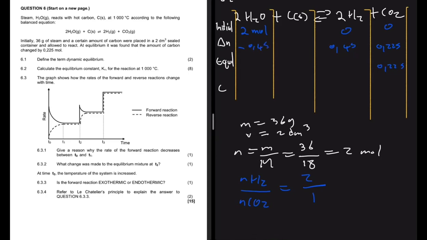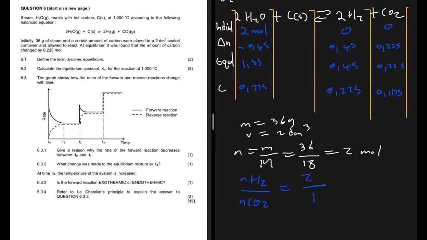0.45, because at that instant the reaction that was being favored is the forward reaction, right? If it was vice versa, then we're gonna add on H2O and subtract on CO2 and H2. So here we're gonna have 0.45 because we're adding 0.45 to 0. And then for H2O, we're subtracting 0.45 from 2, and that will give us 1.55. And then the concentration at equilibrium, we know that the volume is 2, right? So we're just gonna divide 1.55 by 2, and that will give us 0.775. We divided 0.45 by 2, it gives us 0.225, and then 0.225 by 2, and that is going to give us